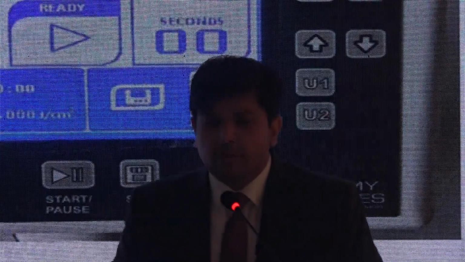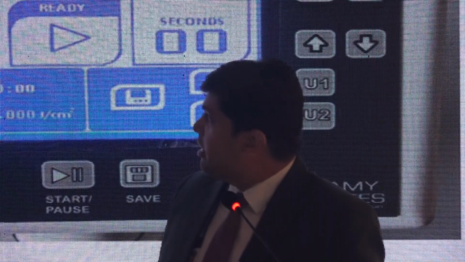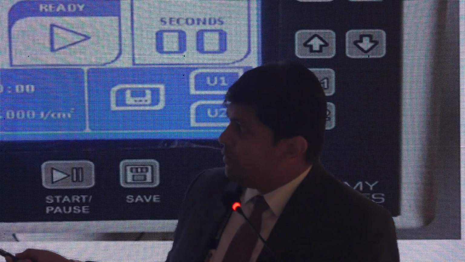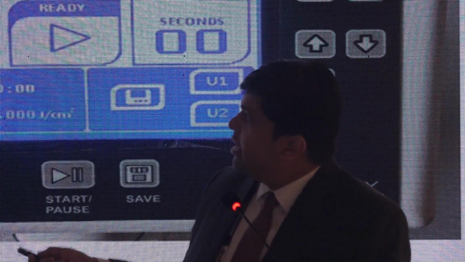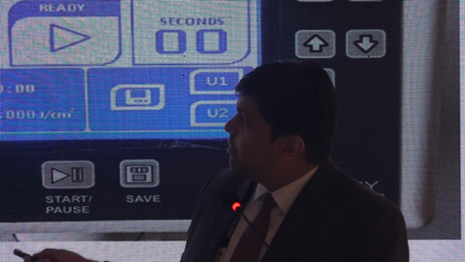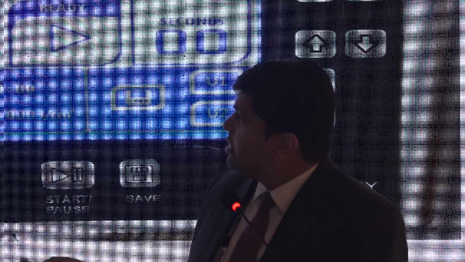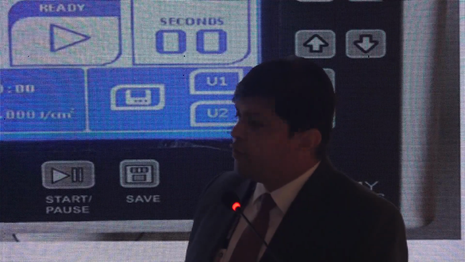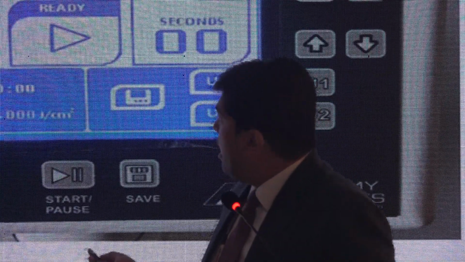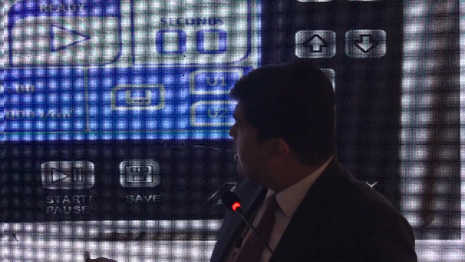So this is a C3R machine prototype, and as we can see, this is the display console of the machine, and this is the light emitting, UV emitting arm of the machine. It has a foot pedal, so that you can adjust this UV emitting arm to focus it on the cornea. As on your right, we can see